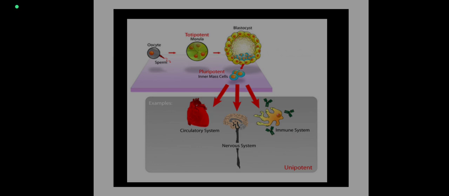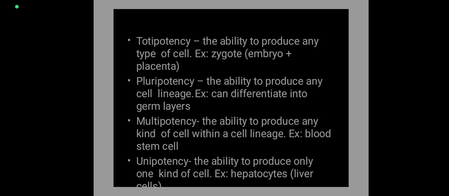The oocyte and sperm fertilize to give the totipotent stem cell. Next it gives rise to the blastula stage. In the blastula stage, the cells can give rise to any type of cell in our body, such as cardiac cells, neural cells, and immune system components like IgG, IgM, IgA, interferons and interleukins. Nowadays in the medical field, stem cells are also used for treating cancerous cells.